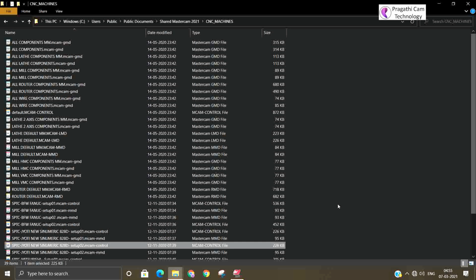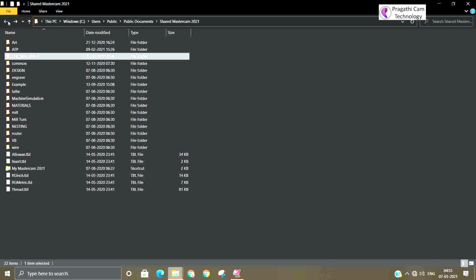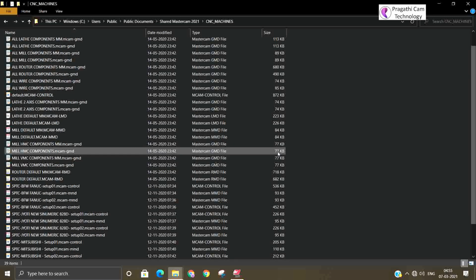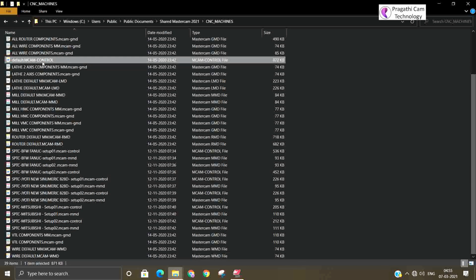For generating an NC file, you need three files. One is a machine definition file, another is a control definition file, and the third one is the post processor file. Where is this .pst file? It's a post processor file. So this is the machine definition for mm, and this is the machine definition for inches. Here only one default control definition is available.